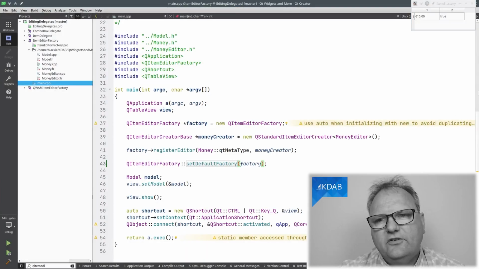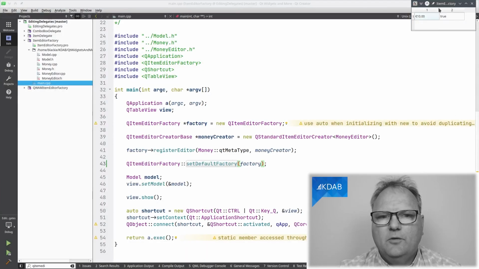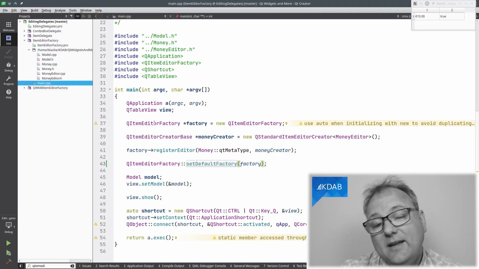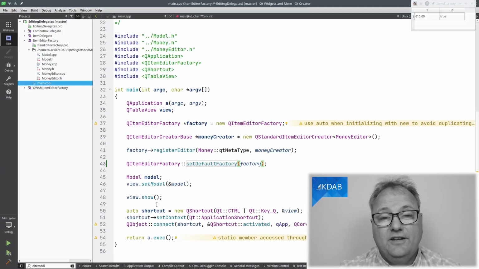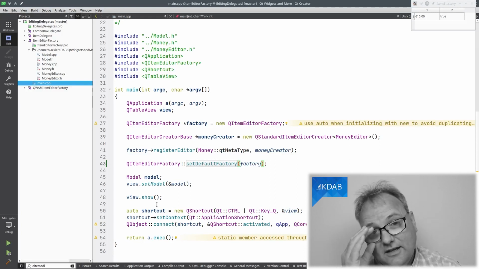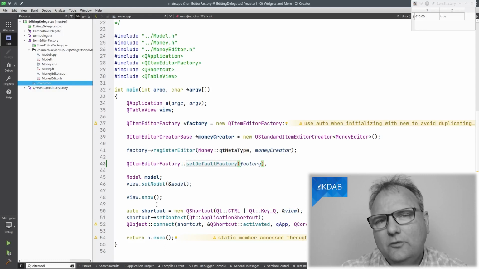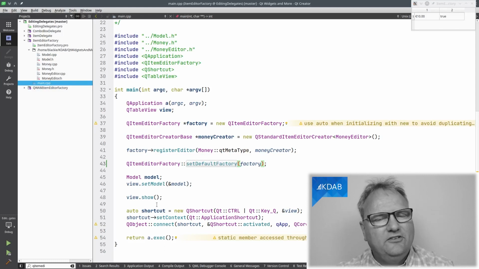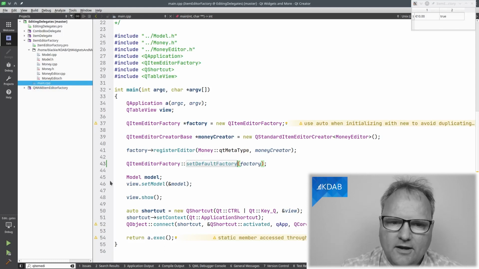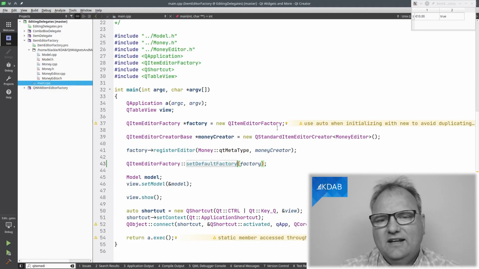The user interface, just as before, looks like what we have up here, but the implementation is rather different. And I admit it is somewhat complex, but I have a promise. I will wrap all the complexity in a Qt Widgets and More class for you in just a minute. But let's look at it. I am creating an editor factory. And this factory, I need to register my new editor with.